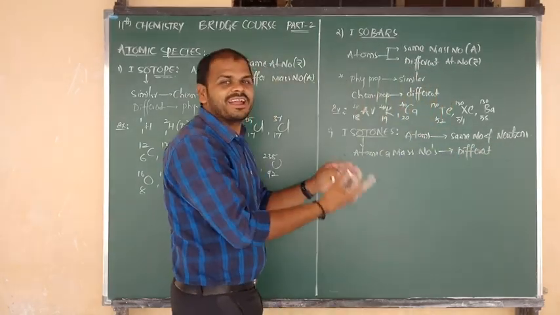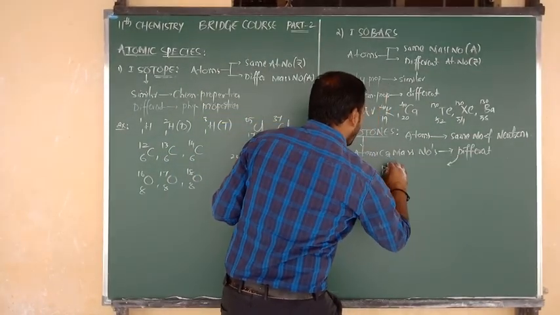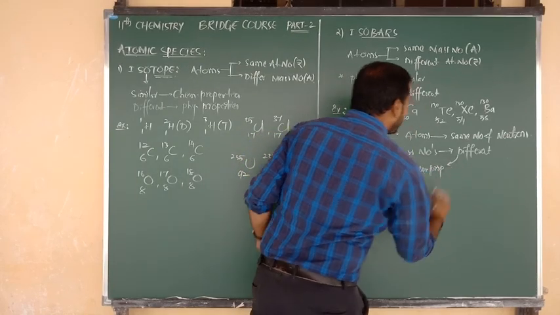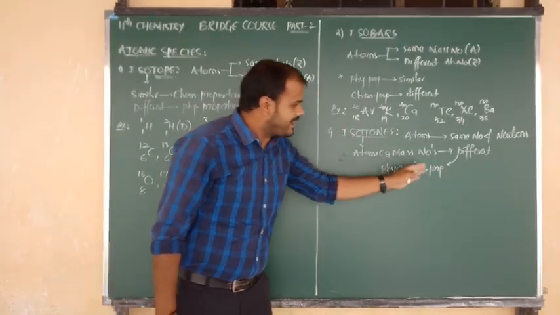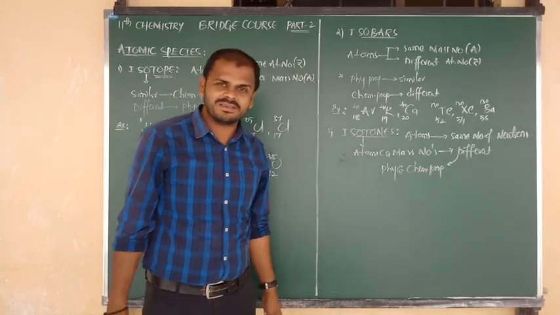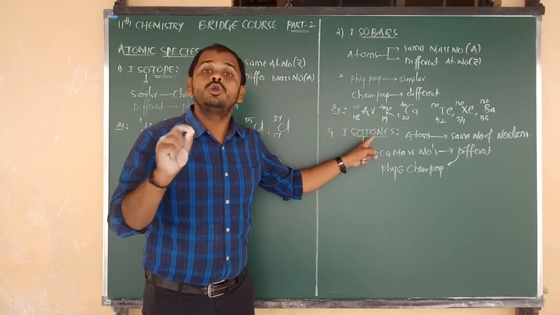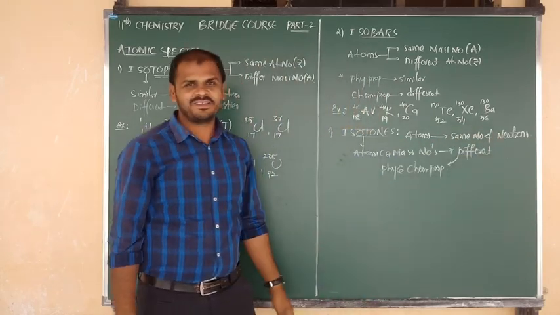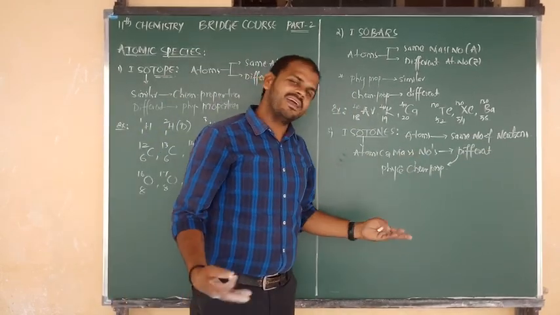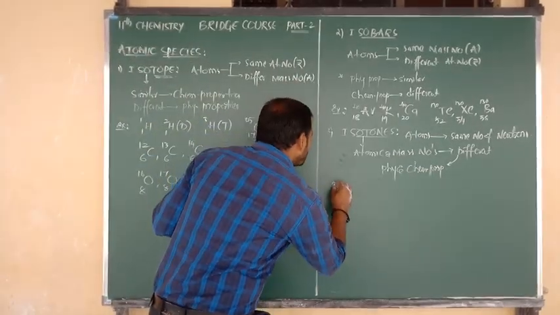Due to the difference in their atomic and mass numbers, they have different physical and chemical properties. So what about the chemical and physical properties of isotones, beta? Physical and chemical properties of isotones are different because they have different atomic and mass numbers. The A value and Z value will be different, beta, but they have iso, same. Tones means number of neutrons. The number of neutrons would be the same, but they have different atomic and mass numbers. Indirectly we have to say their physical and chemical properties are also different, beta. Okay, I am going to show you one example.